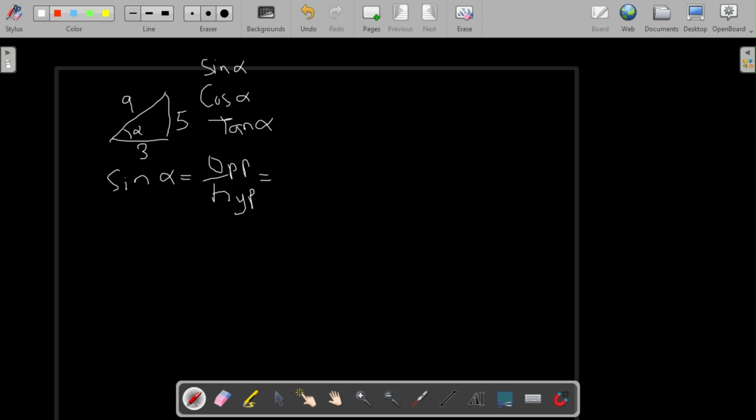Now looking at this so closely, you see that the region where alpha is facing is B, as it was before, and that's 5. So this will give you 5 over your hypotenuse, the longest side of the triangle, which is 9. Let's do that math. 5 divided by 9 is 0.555. So from here you can say sine alpha equals